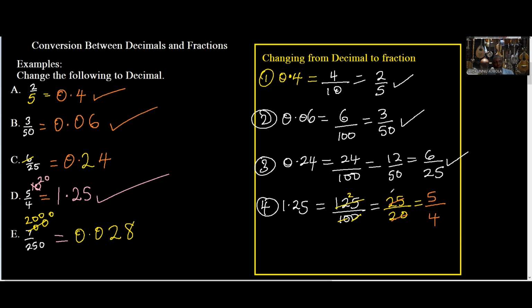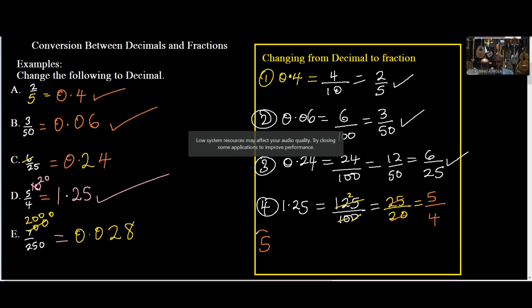Yes. So 5 again in 25. That's 5, yeah? Look at the screen, please. Don't write. 5 in 25 gives 5, and 5 in 20 gives 4. And we started with 5 over 4, right? Yeah. Then the last one,